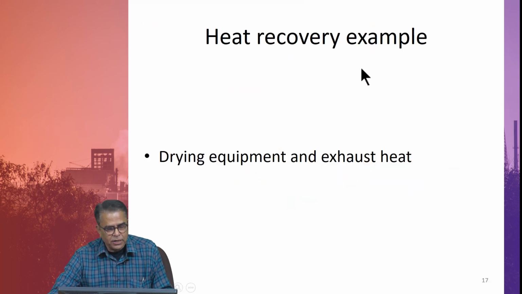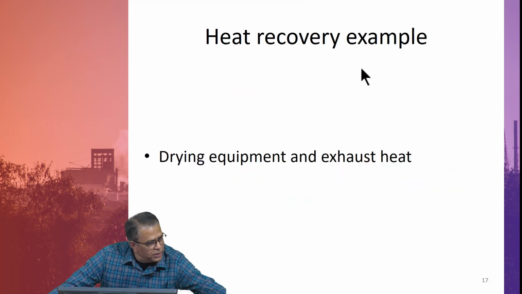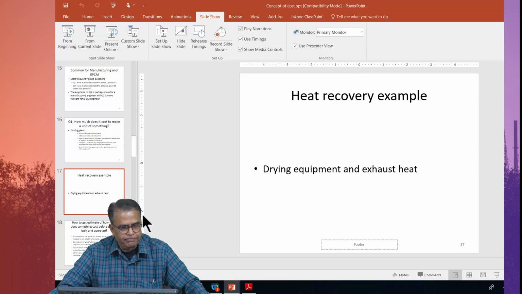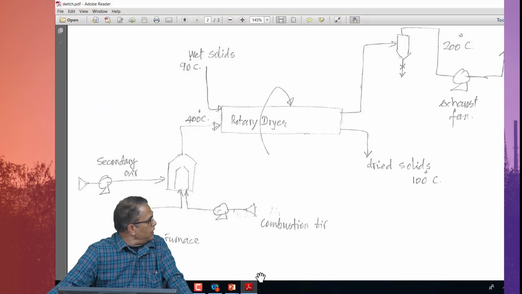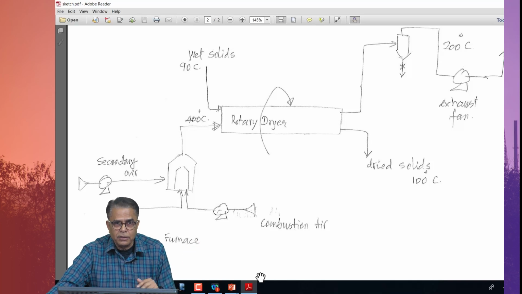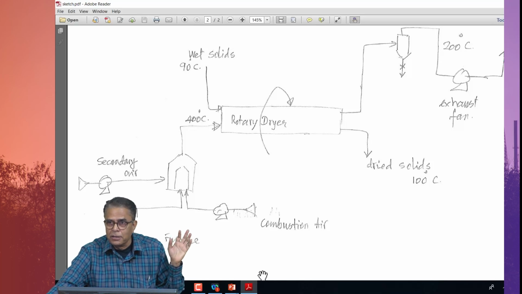Heat recovery example, straight away I will get into. Here I have to minimize. This is a description of a real life incident, pardon my hand sketch, but I will explain to you